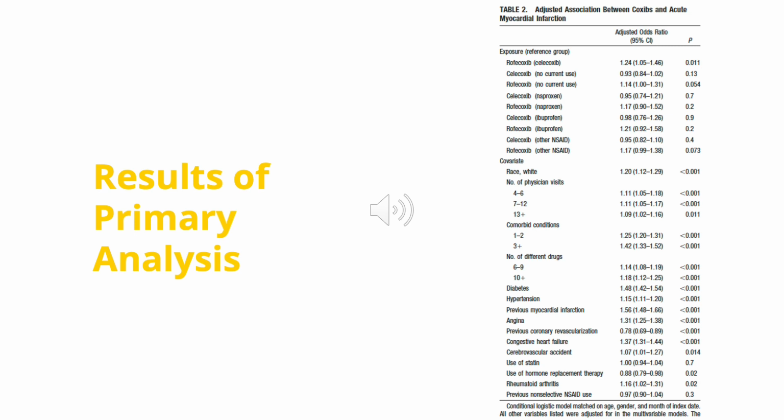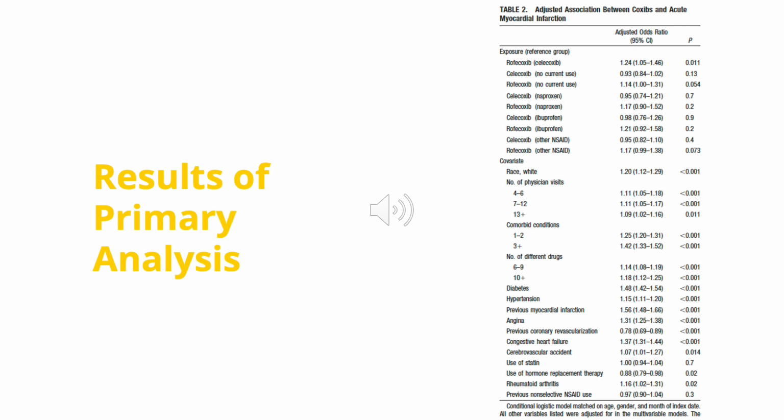So I would interpret this adjusted odds ratio as there is a 5% decrease in the risk of myocardial infarction with celecoxib compared to other NSAIDs after adjusting for our set of patient confounders. However, the confidence interval suggests that the data is compatible with approximately, I'm doing some quick math in my head,